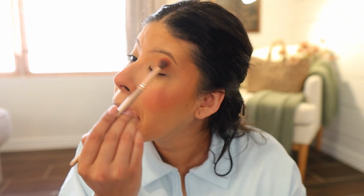I also forgot to mention, I like using my blush for my eyes, just keeping it super simple and easy, and I just put it all over my eyelid. And helps me